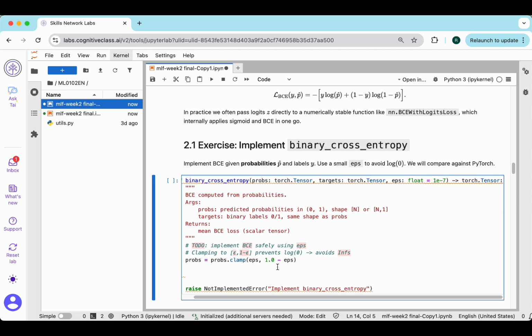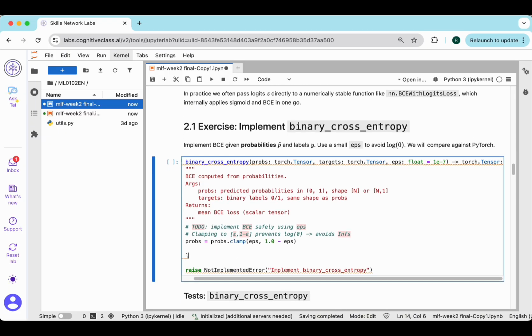If there was any 0 or 1 in the values of probabilities, now they're not 0 or 1 anymore. They're values that are just slightly off from 0 or 1. And this is the very tiny value that I'm talking about. Okay, now that we have safer versions of our probabilities,